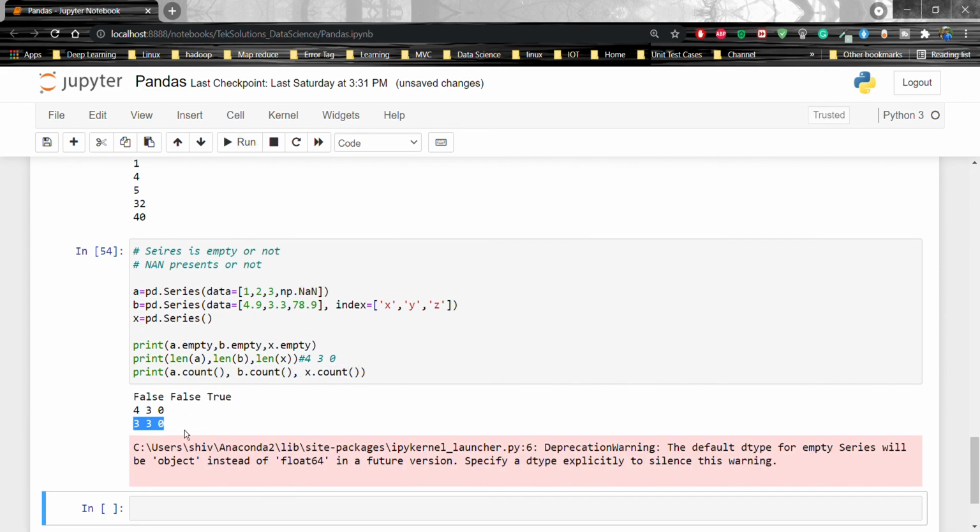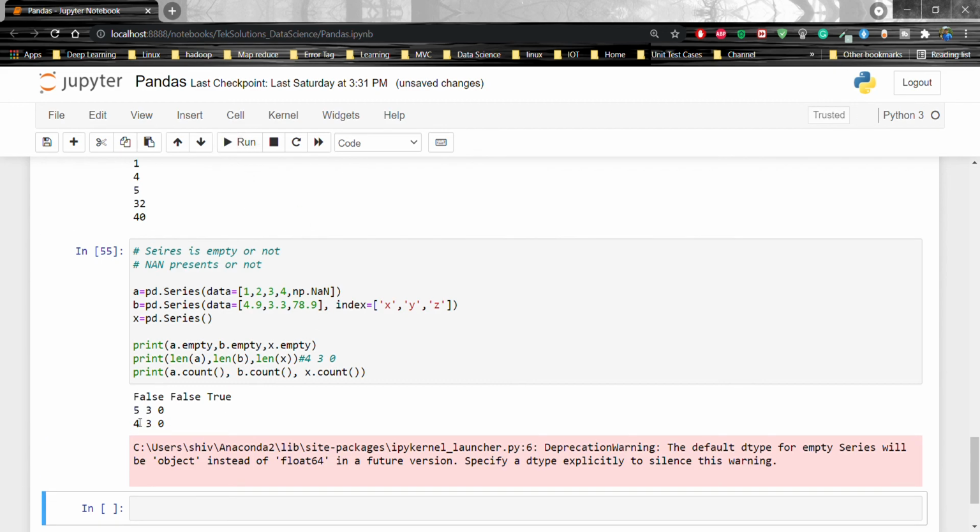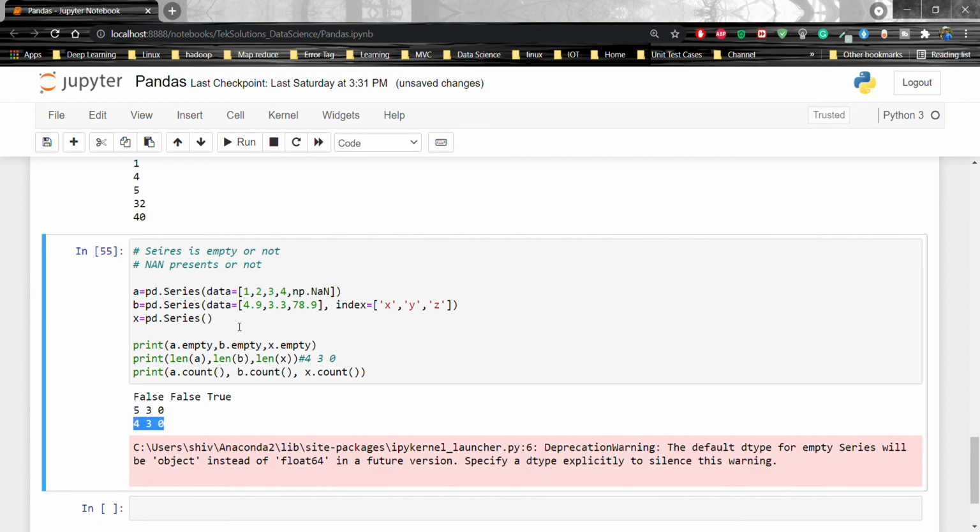So 3, 3, 0, because of NaN. If you pass 4 here, then this will be 4, 3, 0. Let's see. Right, 4, 3 and 0, because the length is 4 here, excluding NaN. Here 3. And we are not passing anything here, so it will be 0. So this is clear now.